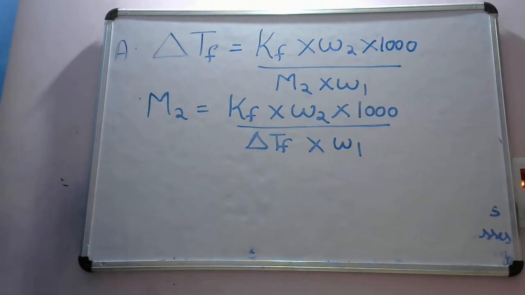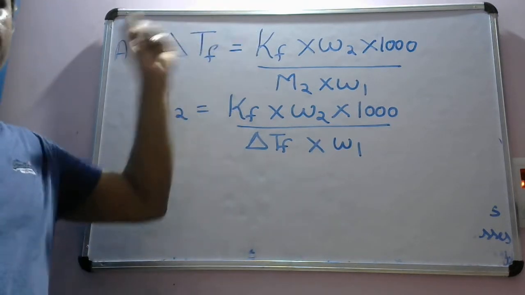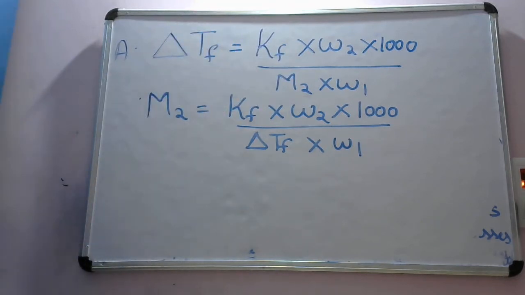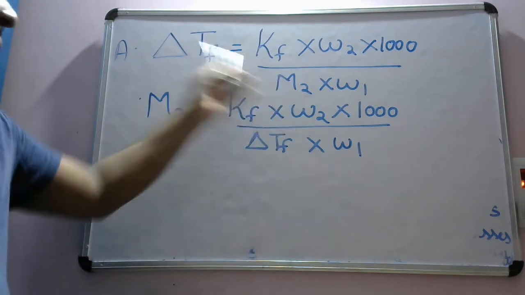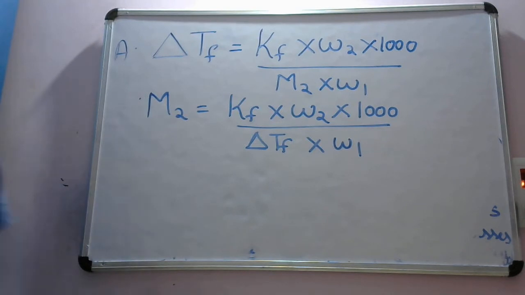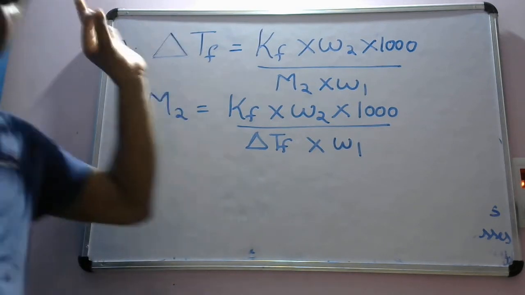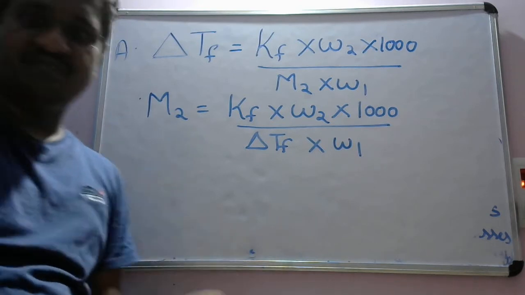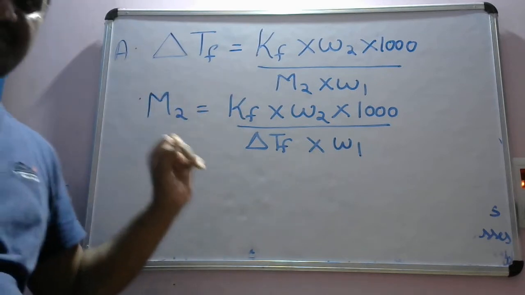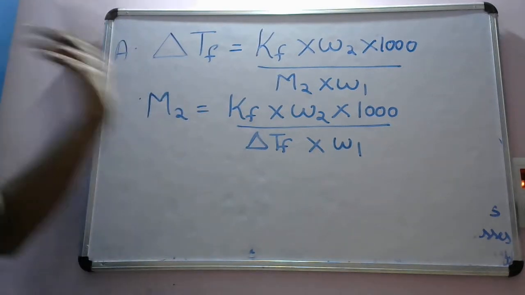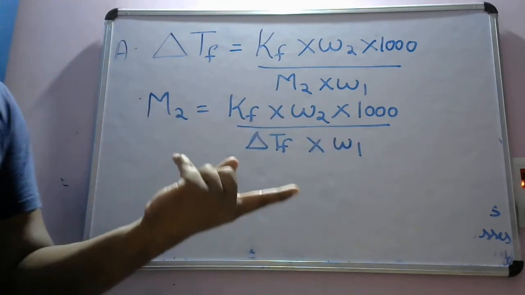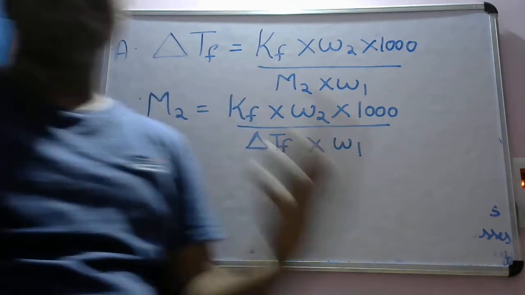This is our common formula for depression in freezing point, the relationship between molality and molar depression constant. We simply cross multiplied and brought delta Tf here and M2 here in the next step. Now what are these factors? Delta Tf is the depression in freezing point, which we observed is different for different cases. When AB2 is added to the solvent, delta Tf is different, and when AB4 is added to benzene, delta Tf is different. Molar mass will also be different because the formulas are AB2 and AB4.